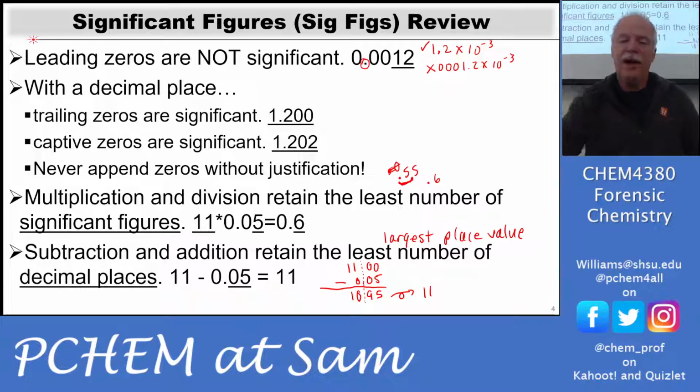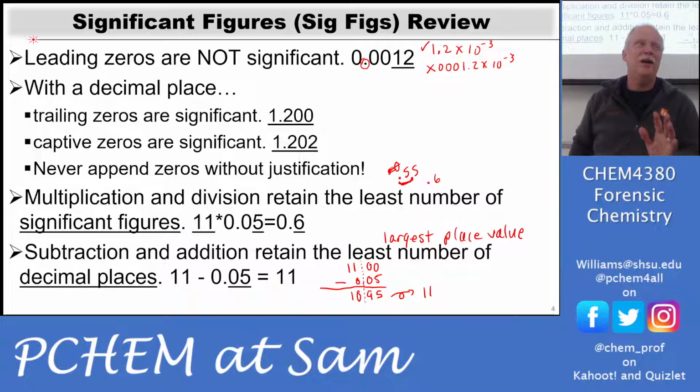If I have 11 of something and I'm uncertain whether it's 12 or 10, because my uncertainty is in that first digit, the ones place, I have no idea if I've lost 0.05. So I know I've got 11 bucks in my pocket. I might have 12, I might have 10. And you're asking me if I've lost a nickel. I have no idea. It could be 12, it could be 10. My uncertainty is in the single digits, in the ones place. I have no idea about nickels. Okay.